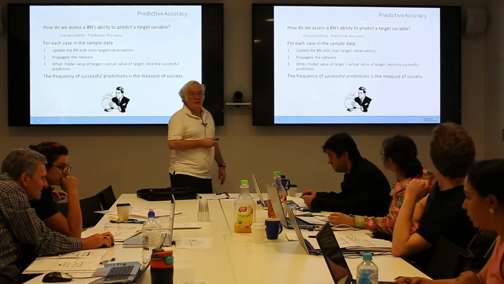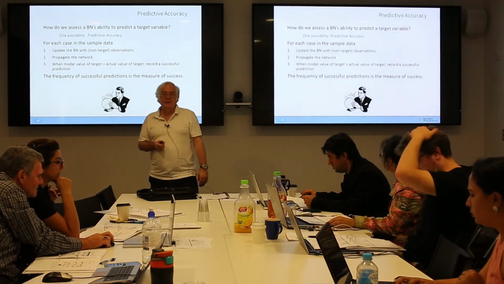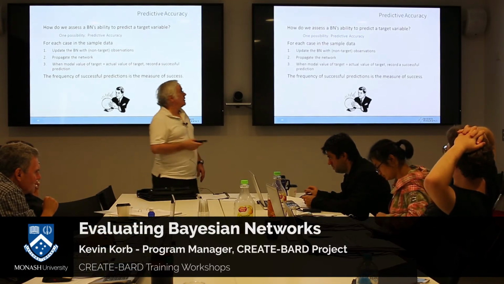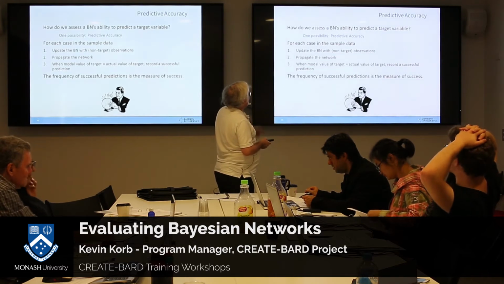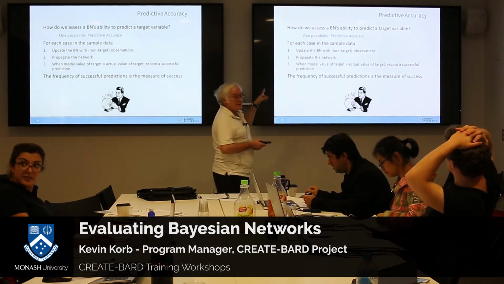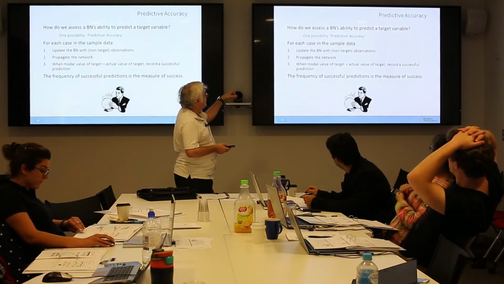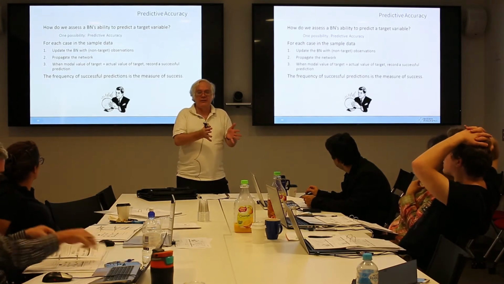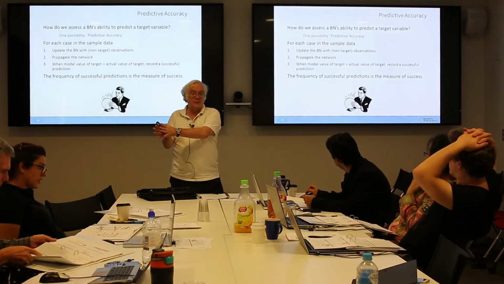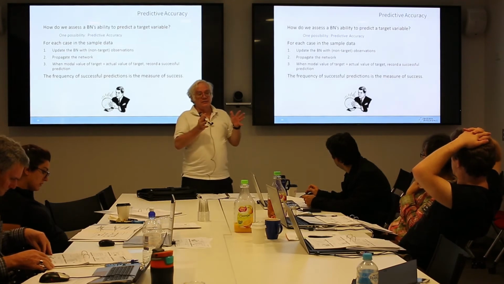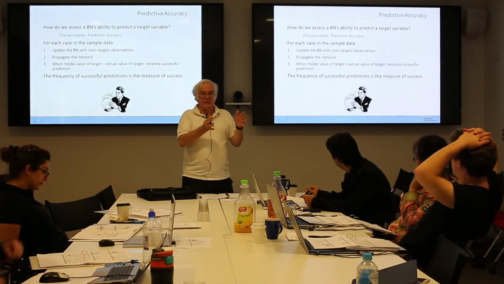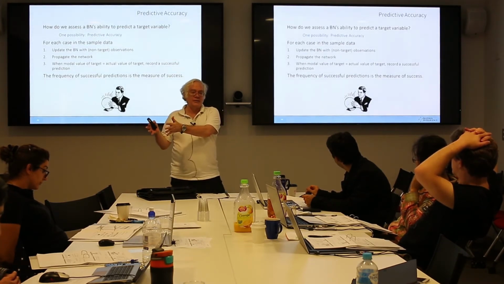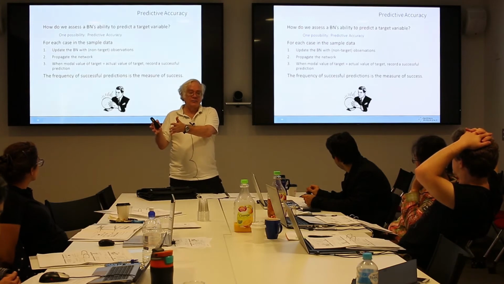So predictive accuracy, as I mentioned before, when you've got test data, is the primary means that data miners use to evaluate the results of learning. With a Bayesian net, predictive accuracy is certainly easy to assess. The basic idea is, in prediction, you've got some observed value, some evidence, and you have something that you're trying to predict, an unobserved variable. So in a Bayesian net, you set the observed variables to the observed values for each case, and then you look at the target variable or variables and see what it's saying.